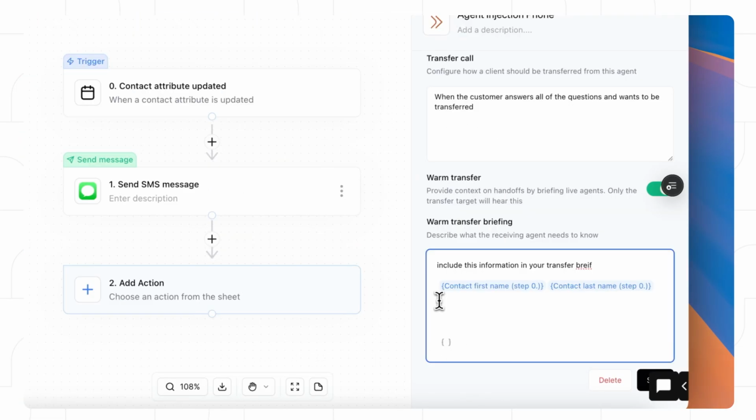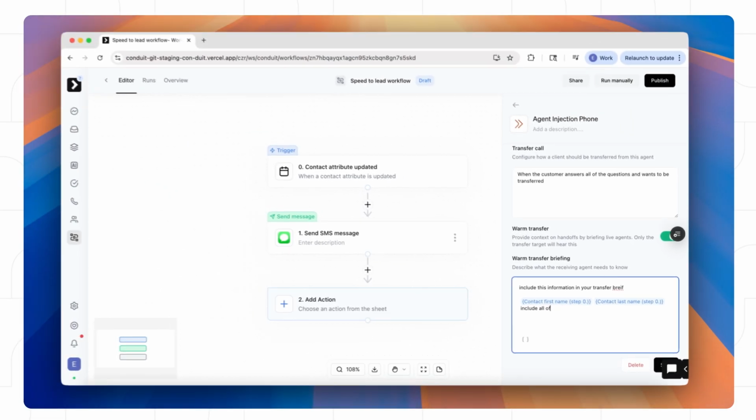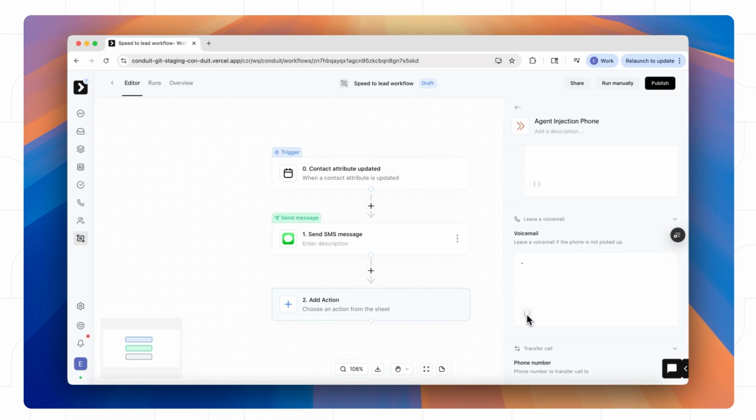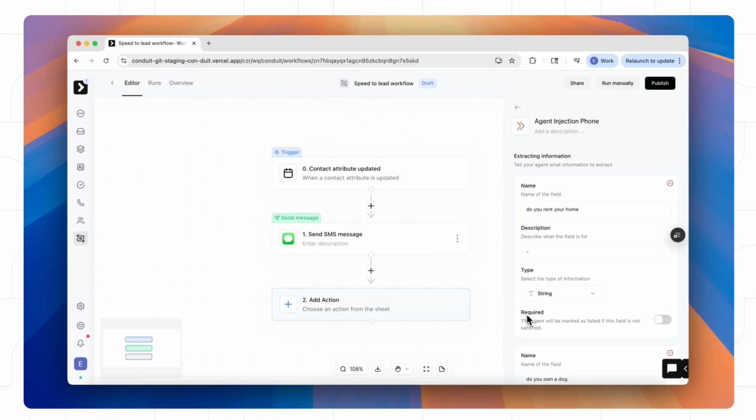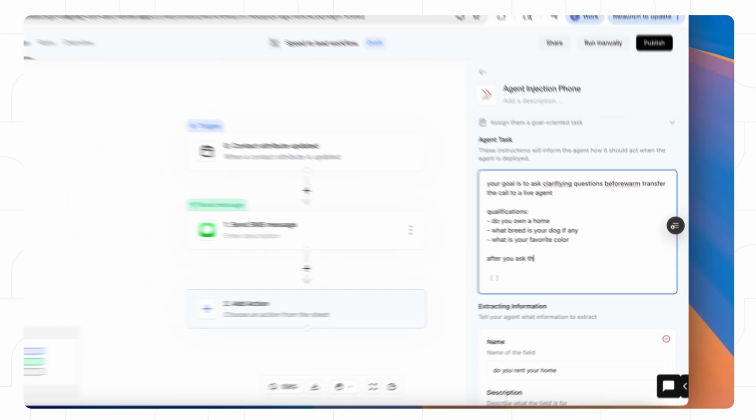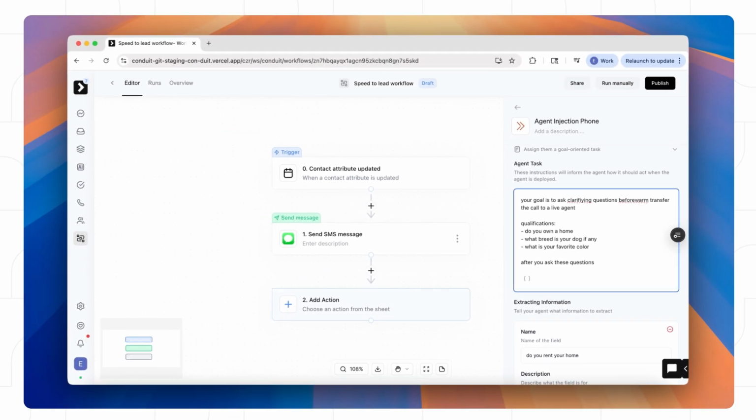Oh, and then we'll just say, include all of the answers to the qualifying questions. Because this is the current node still, it doesn't have access to the variables just yet. One more thing that I want to put is just this information saying, after you ask these questions,